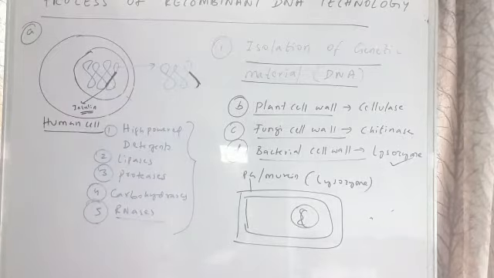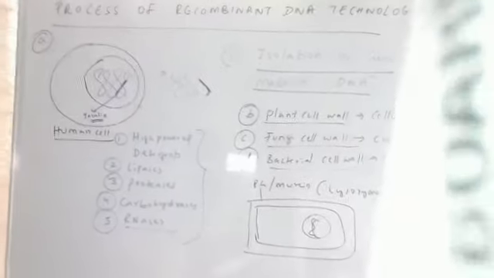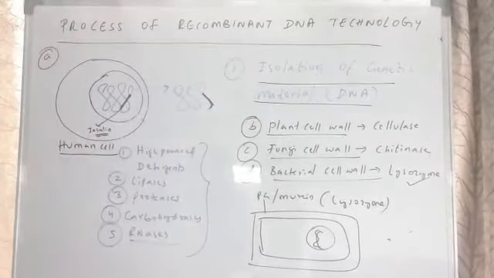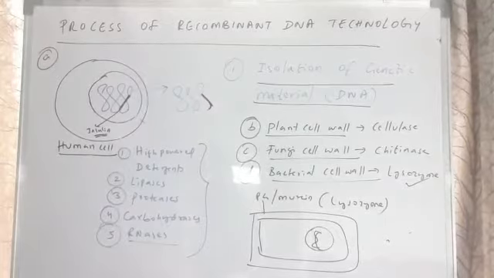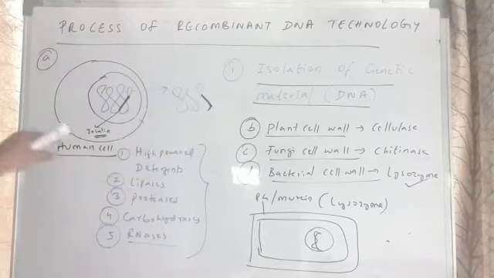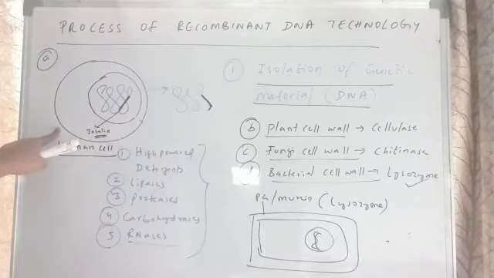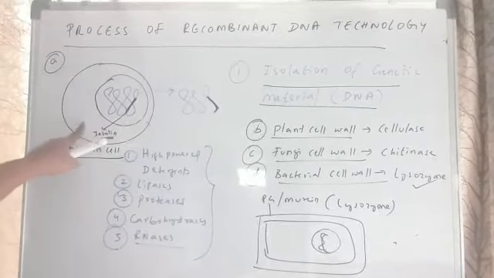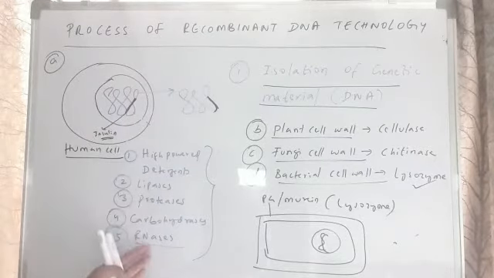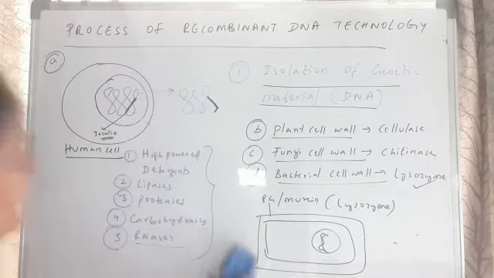Because an animal cell or a human cell does not have a cell wall, here we did not use any sort of enzyme to break the wall because there is no wall, right? So in a human cell or animal cell, the cell wall is absent. That is why we did not use any kind of enzyme. We are using enzymes to break the plasma membrane and other membranes, and RNA, carbohydrates and all this by using these enzymes and these high powered detergents. So let's see the mechanism.